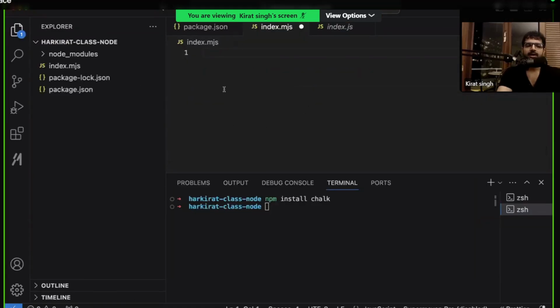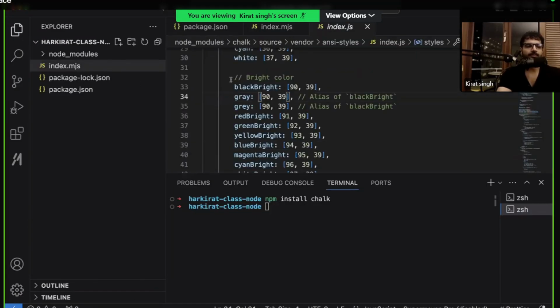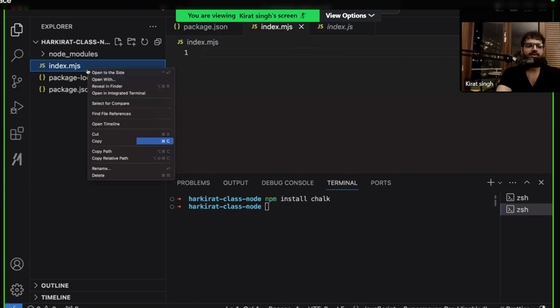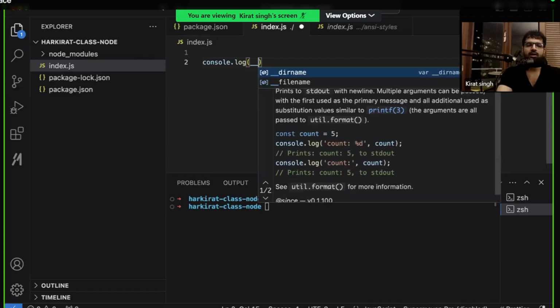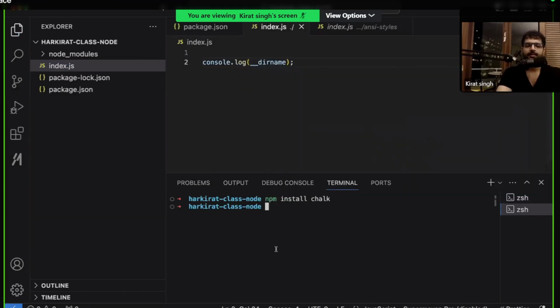For example, if I go to my index.js file now, let me rename index.mjs back to index.js. And here, let me run console.log __dirname. And if I run node index.js, notice it prints /users/Harkirat Singh/Harkirat class node. So __dirname is a variable that you have access to in the Node.js runtime that prints which directory you were in when you started this command.